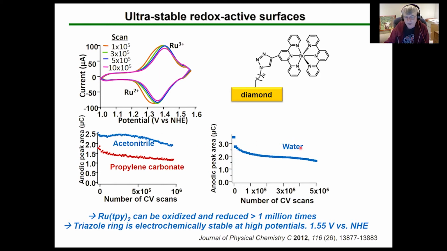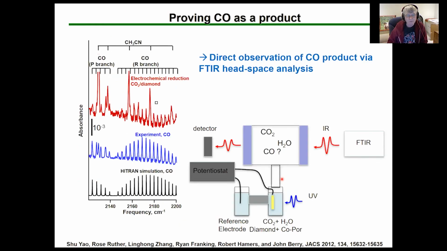And even in water, you lose maybe less than half over 500,000 cycles. And this is a very high oxidation potential. Water gets oxidized at 1.2 volts. So we're well above the water oxidation potential, straining these molecular layers to high potentials, and yet they're able to withstand this very well. These are also catalytically active, so you can take the functionalized diamond sample, and you